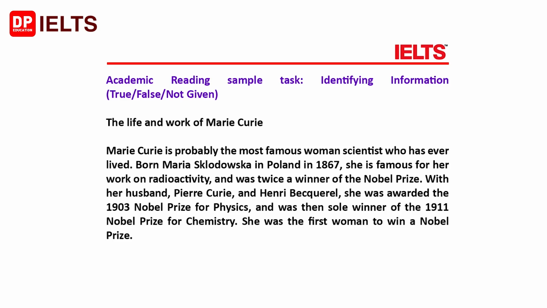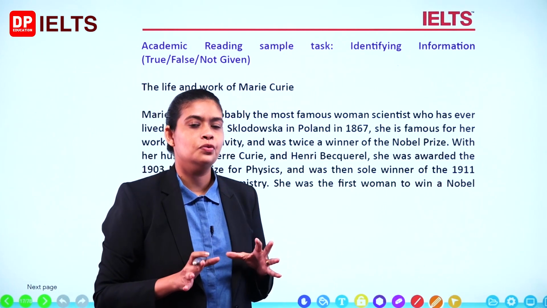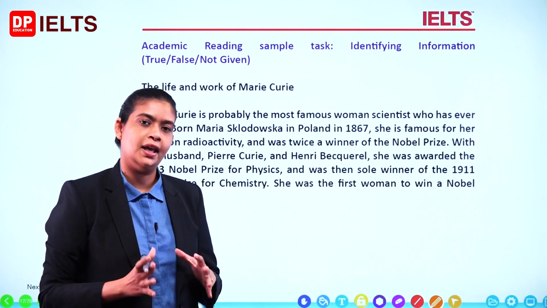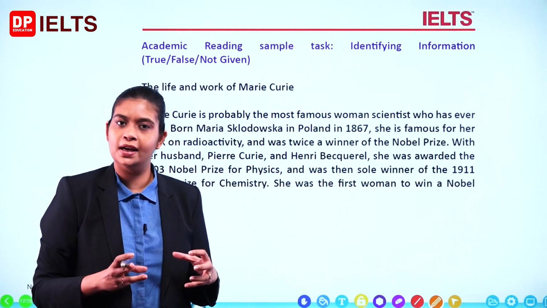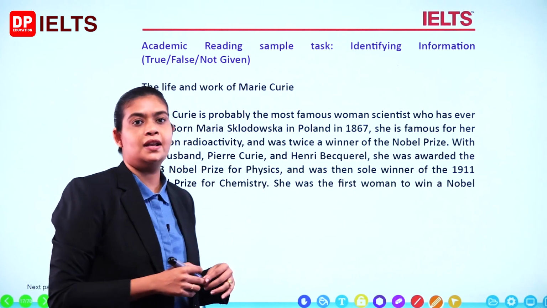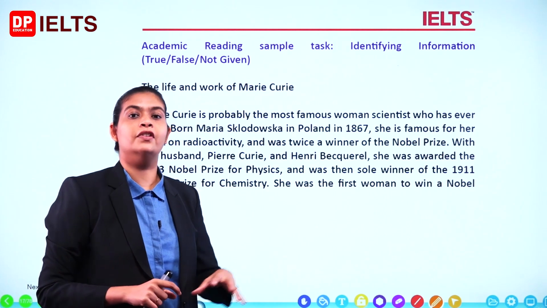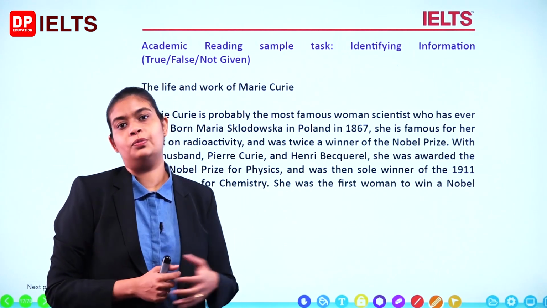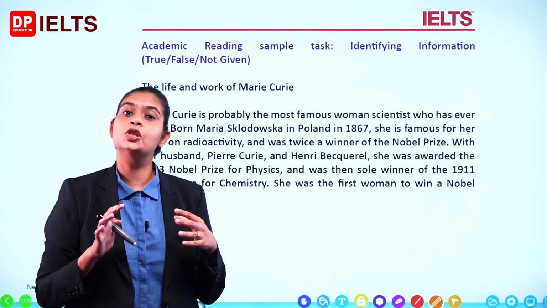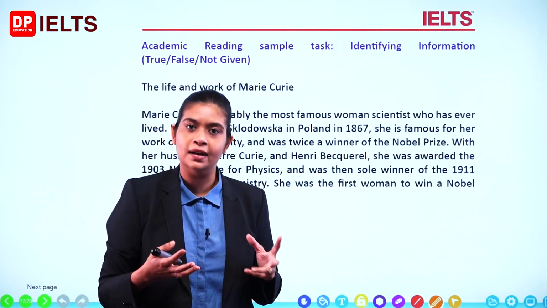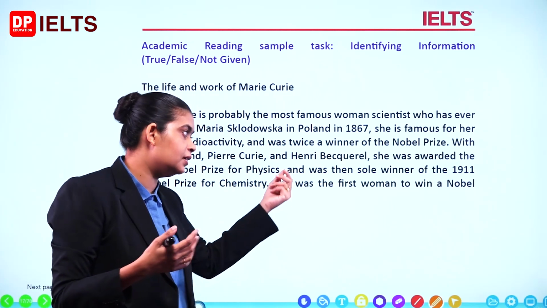So next, we are going to have a look at a true, false, not given one. Okay. Now, when we are doing true, false, not given type of questions, you should remember that your keywords or the idea should match to what is there in the reading passage. Or it should have a contradicting view for it to be false. If it is not given, it means that your keywords or the idea behind it is not mentioned in the